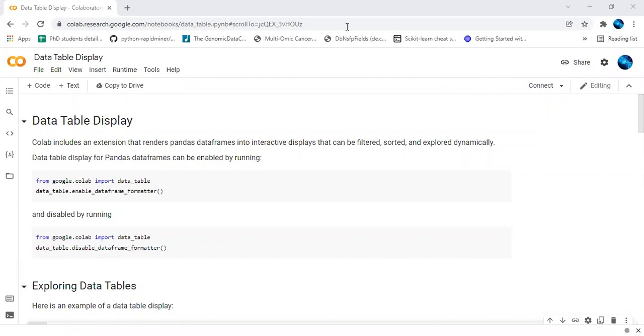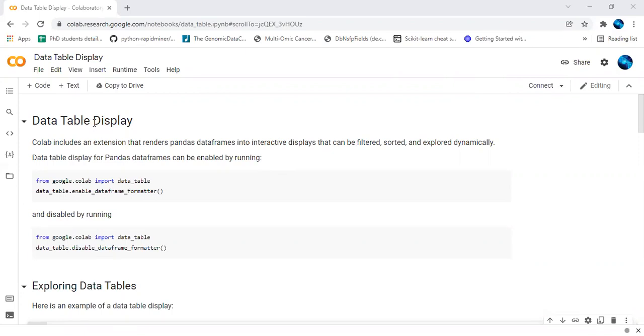So in this particular video, I will be sharing one new feature which has been included in Jupyter Notebook. Here you will see that it is regarding the data table display. Whenever you are uploading a CSV file or Excel sheet to work with your data set, how can you view your data, and how can you filter it using a single notebook? That is what we are going to see now.